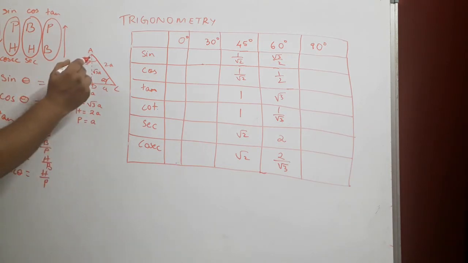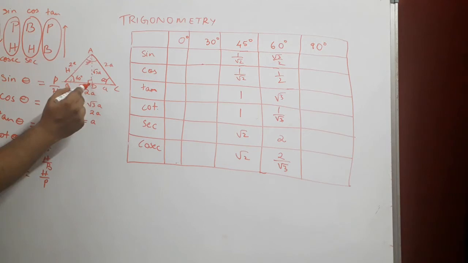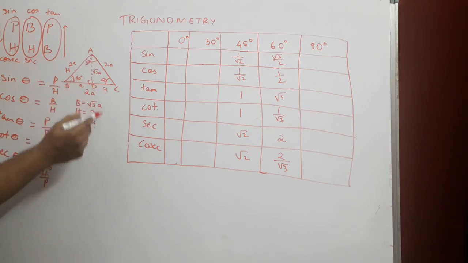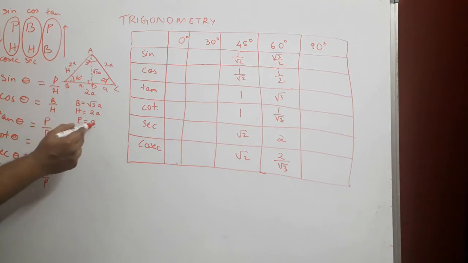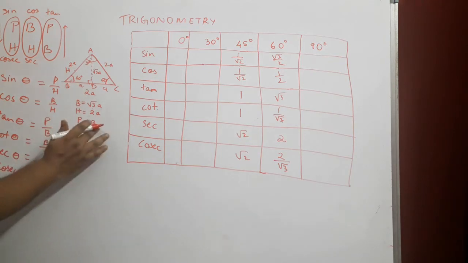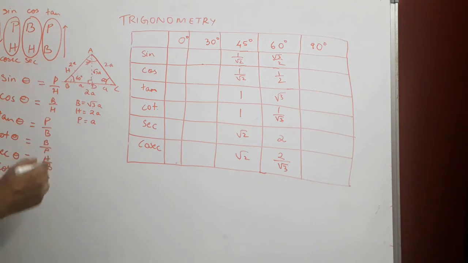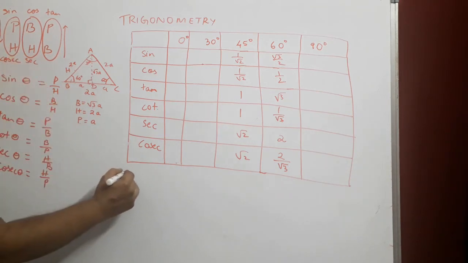So the side opposite to the angle in question becomes our perpendicular, as I said, and that is BD. BD now becomes our new perpendicular and the value of that is a. So it's just interchanging. What was perpendicular before is now the base, and what was base before in case of 60 degrees is now the perpendicular in case of 30 degrees. So let us find out what is sine 30 degrees, cos 30 degrees, tan 30 degrees.